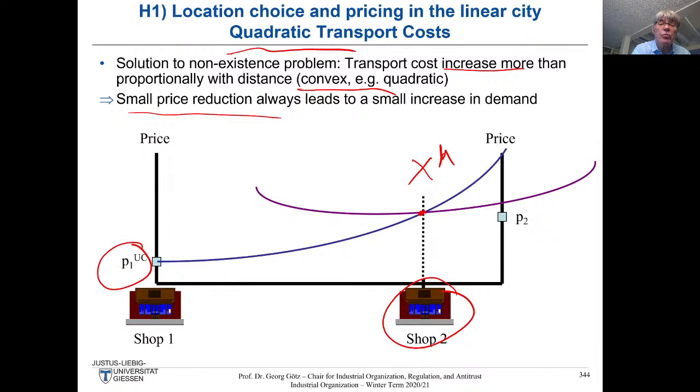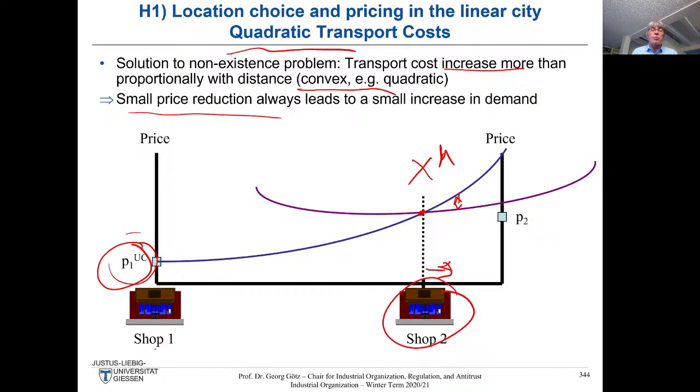This guy would be indifferent between buying from shop 1 and shop 2, because he has zero transport cost here, but the same inclusive price with transport cost given the lower undercut price here. But the point is, if you move to the right here, these guys have